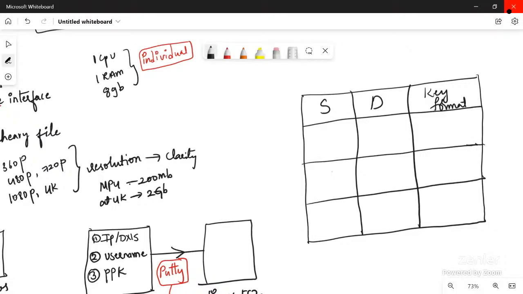When we are connecting through Windows to Windows, from a local Windows machine to a virtual Windows, the format of the key pair is password. And when we connect from a local Windows machine to a Linux virtual machine, the format of the key is